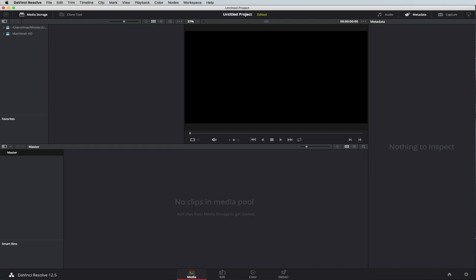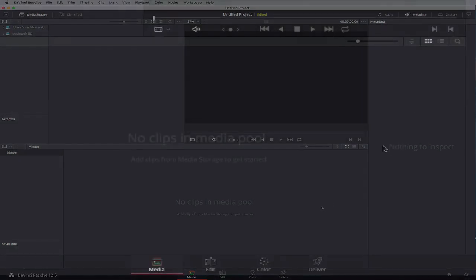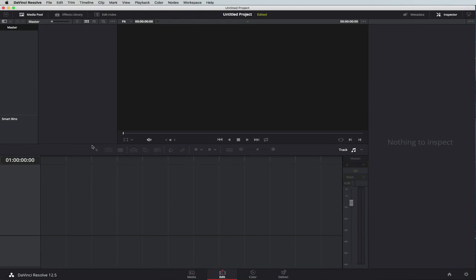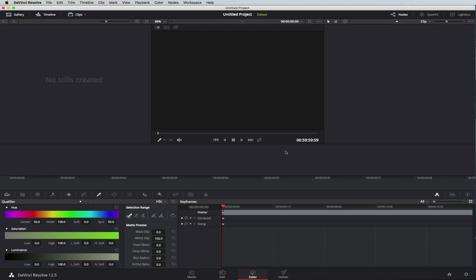To begin with, we open up DaVinci Resolve, and this is what you'll see once you select a blank project. Down the bottom here are our four main areas where we import the media, we edit the media, we can edit the separate media tracks, and then we deliver it. So our editing workspace looks like this, a color workspace looks like this, and in this area what we're going to do in this tutorial is key out some colors on some particular footage so that it transparently sits